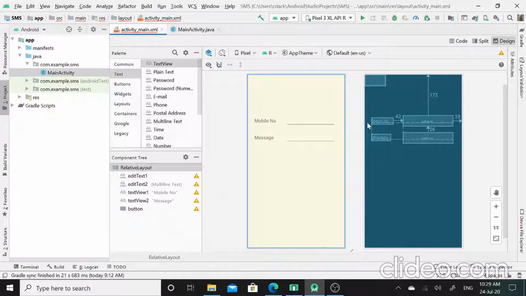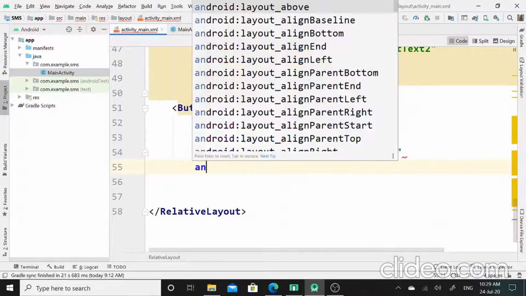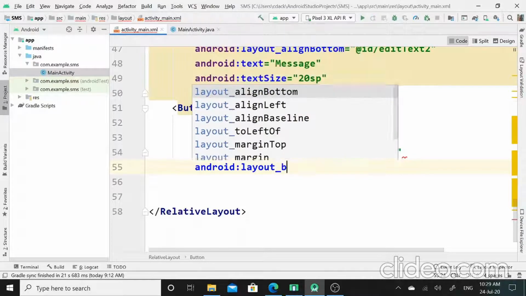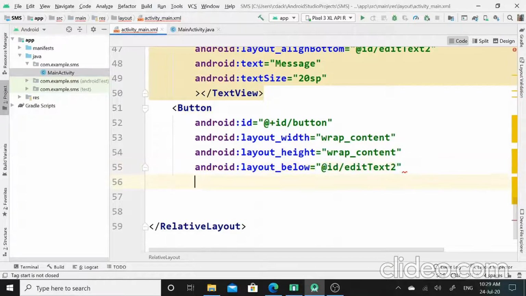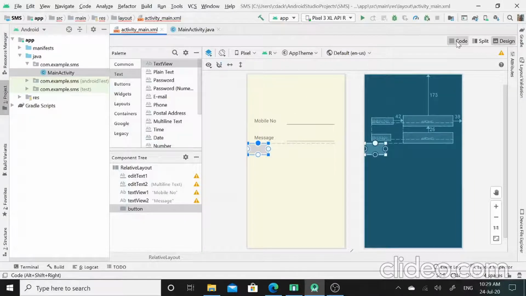Again I want this button to appear over here below the edit text 2. To do that, I will assign the Android layout below property. Here in layout below, I will set the ID of edit text 2. So you can see that this button, which initially appeared here, now has appeared over here.